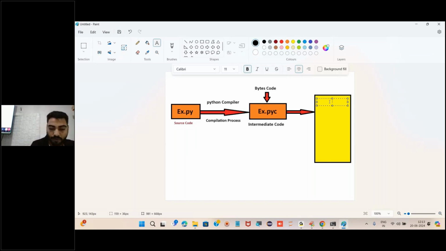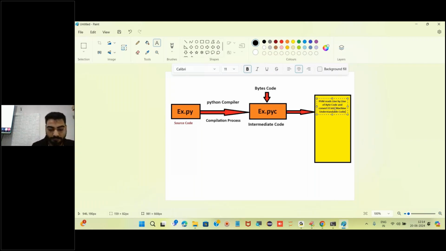Okay, PVM. So what does PVM do? PVM reads line by line of bytecode and converts it into machine understandable code. Machine understandable code is what?